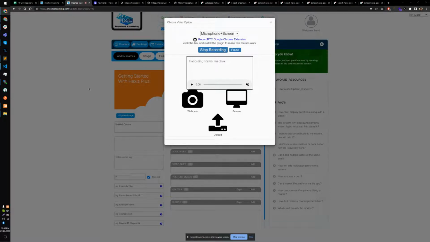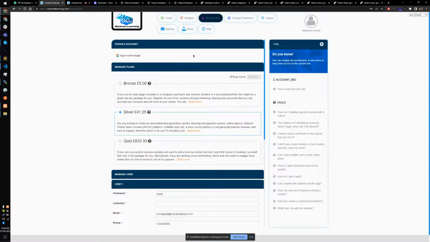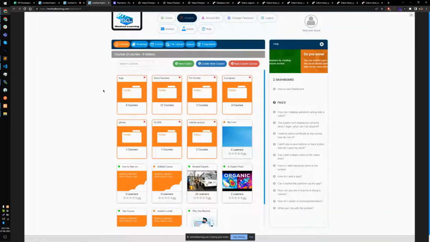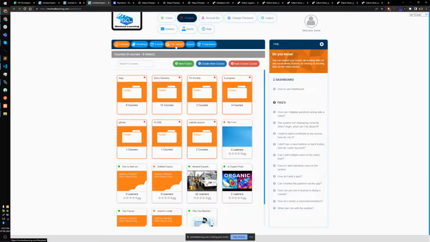So this is our application. When we log in, we have organizations, and each organization has several users, which are basically students. So the owner of the organization can go to this admin section, and in the section we have multiple modules like courses, booking, events, file upload, title, program. So in the booking section, we have booking where a person can book